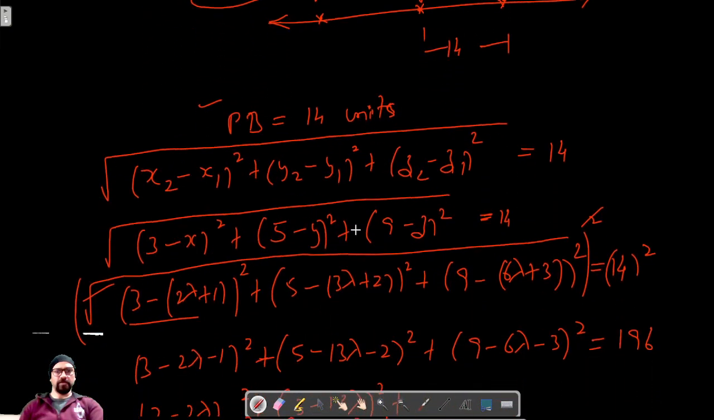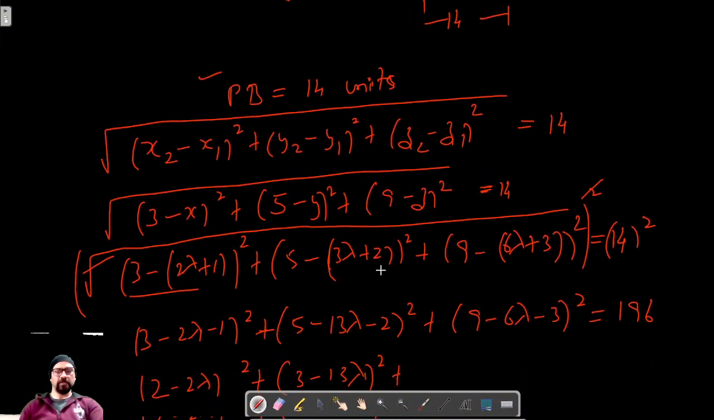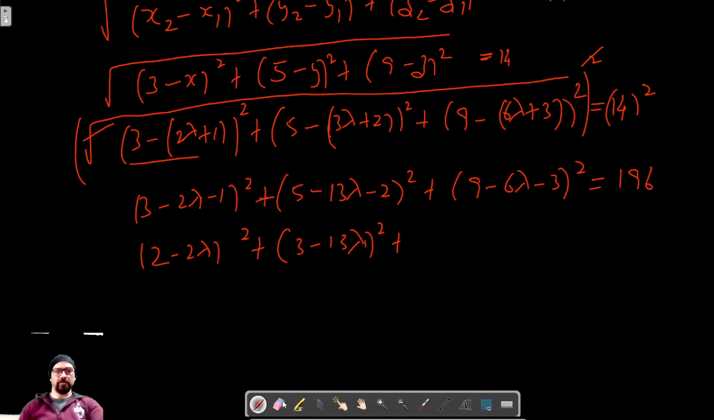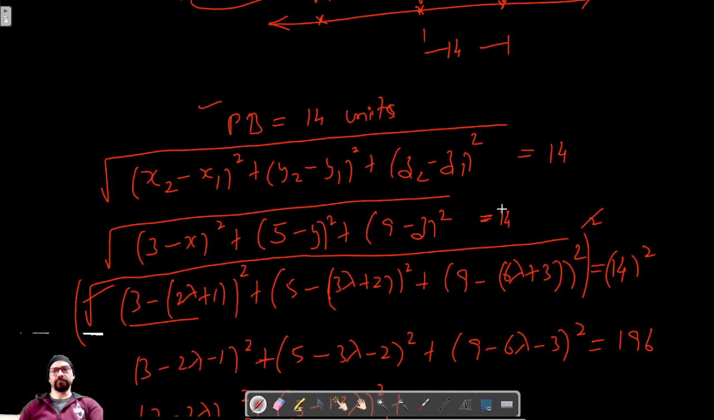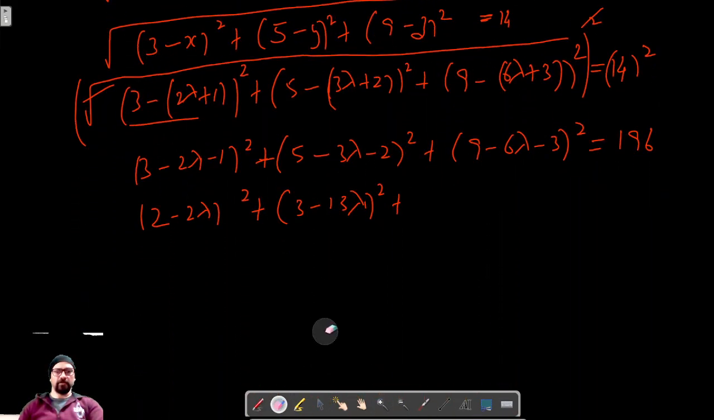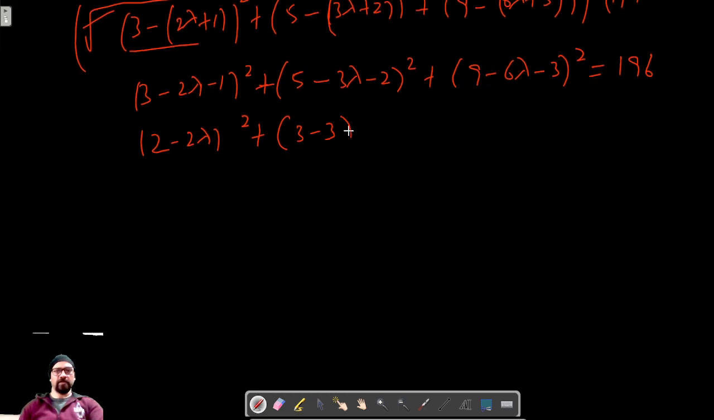So this is 3λ, and this is actually 3. This is 5 minus 3λ, 9 minus 6λ minus 3. Okay, so this is now (3 − 3λ)² plus (9 − 3 is 6, 6 − 6λ)²,